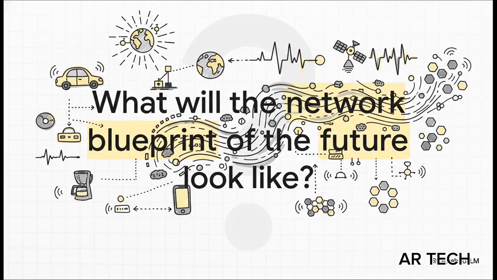Which leaves us with a really interesting thought to chew on. As our world gets more and more connected, with everything from our cars to our coffee makers coming online, with things like satellite internet and 6G on the horizon, what will the network